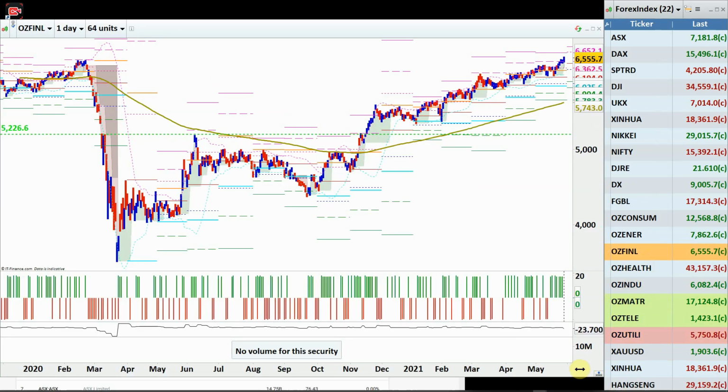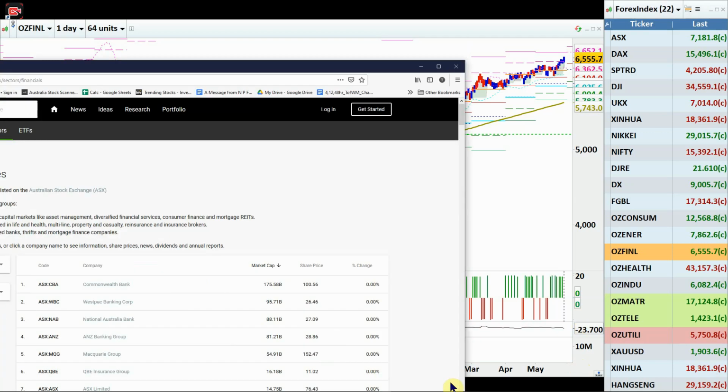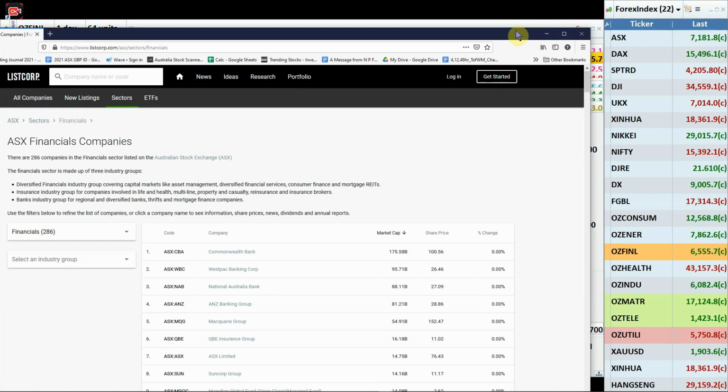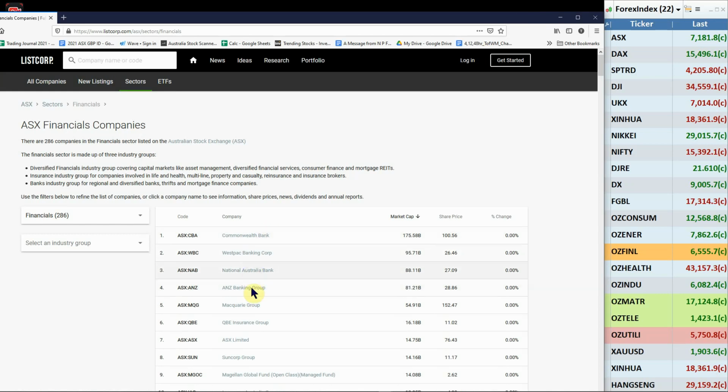Okay? So if we see a sector that is strongly trending in our favor, is there a way we can single out a single share within the sector to either short or buy? Yes, that's pretty simple, extremely simple. Financials are doing well, so go to the financial sector, see the first 5, and select the best chart.